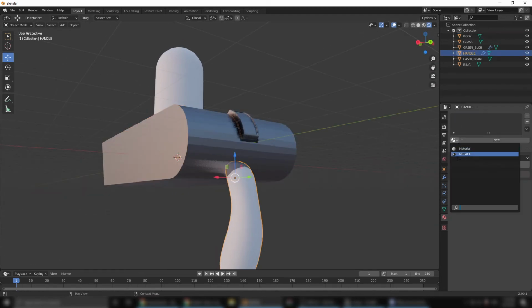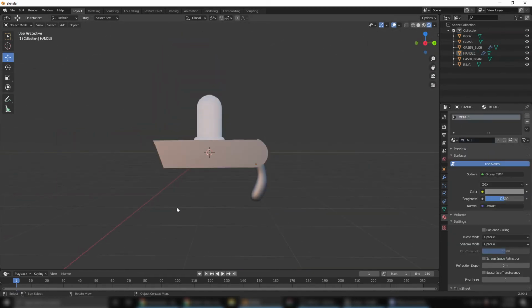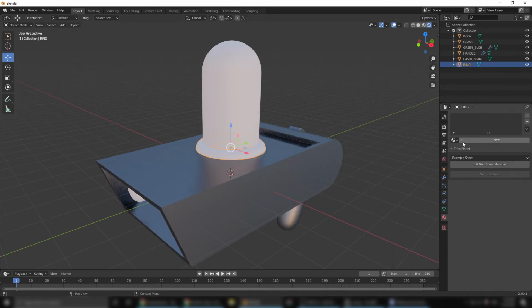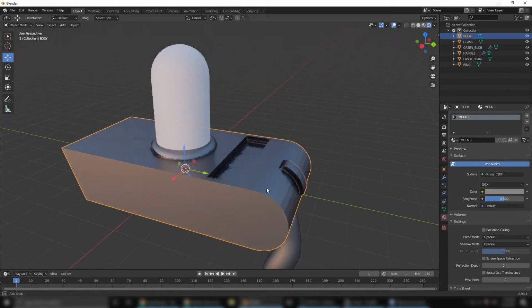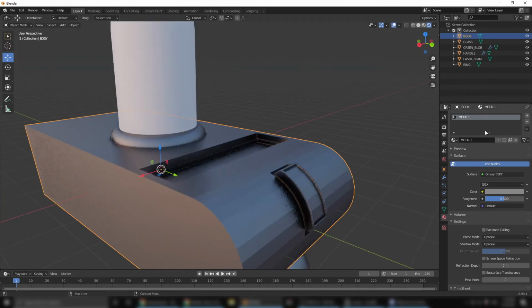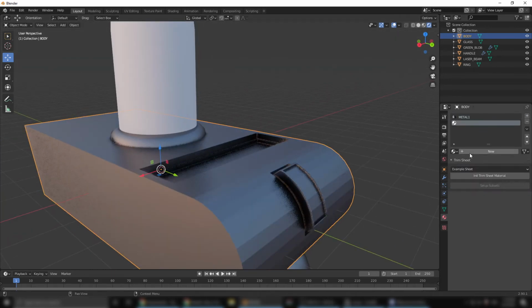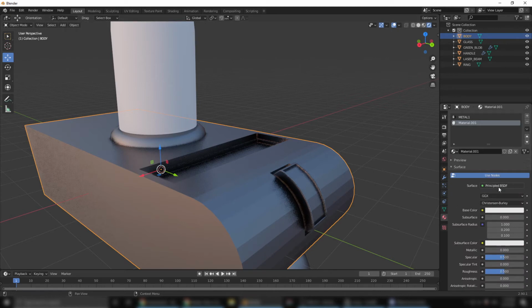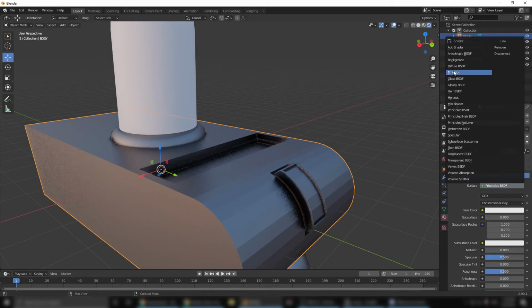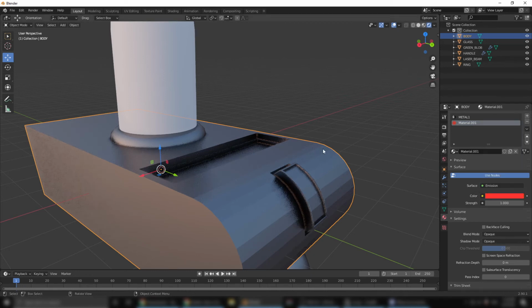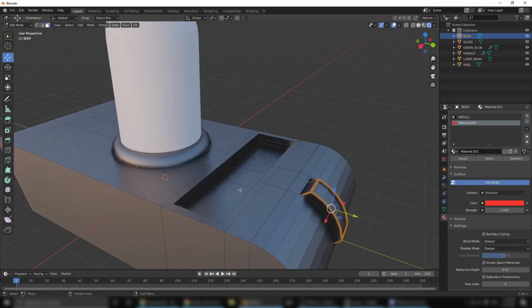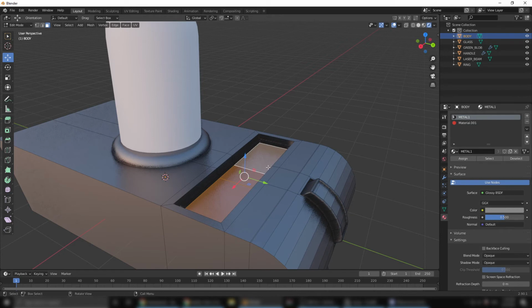Apply the same material to the handle and the ring. Now the body on this one, and I add another material to stack another material. So new, and this one will be a mission red. So mission, I will make this red, reddish. Tweak it after. We want to apply it to this face, so just go into edit, select that face,